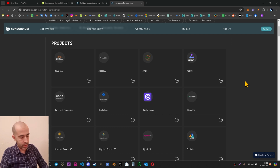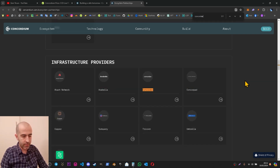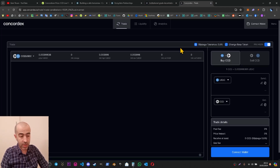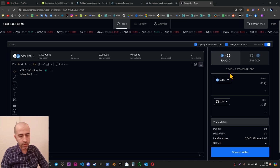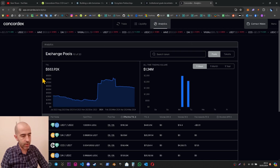And while we are on this page, let's check the Concordex, if it is working or not, if it has a locked value, it has transactions or not. Concordex is already working. You can click this launch application. You can try it on this page if you click and connect your wallet, and if you click this analytics, you can confirm the total locked value is around